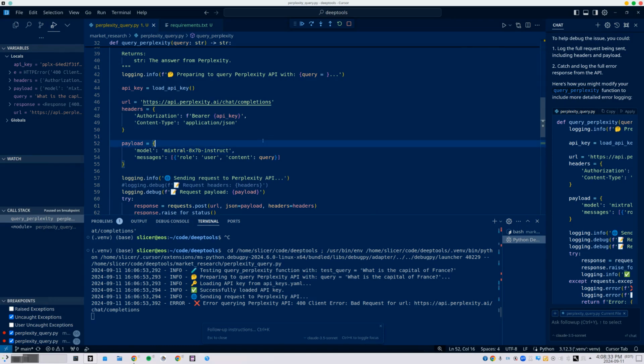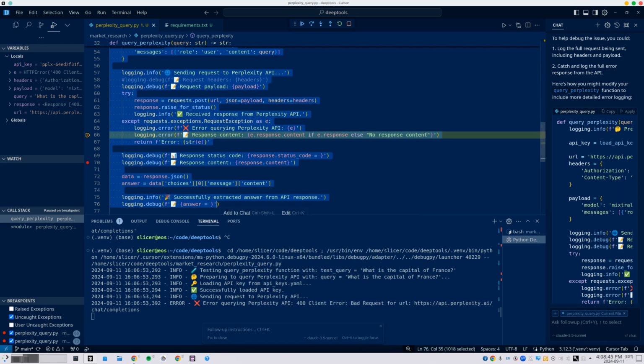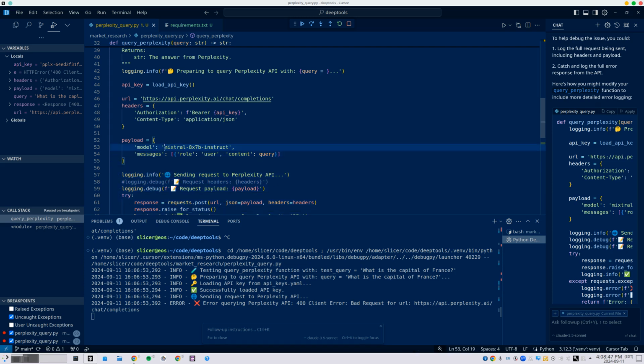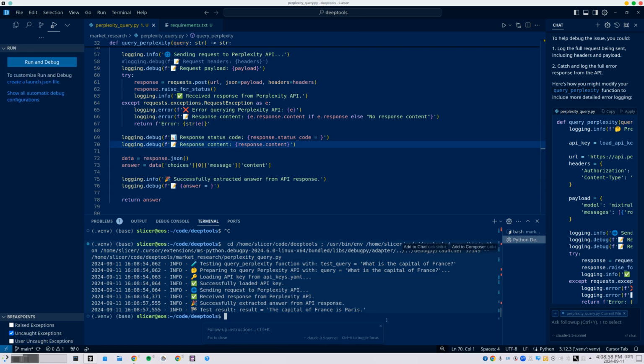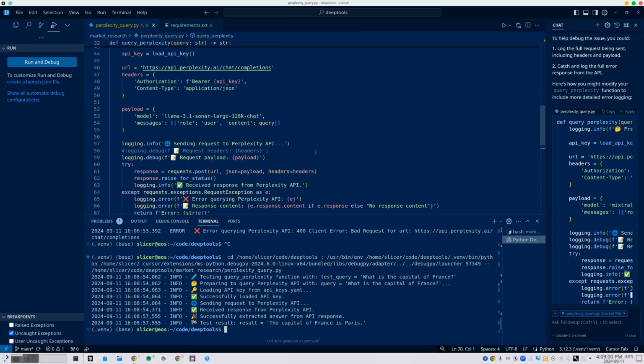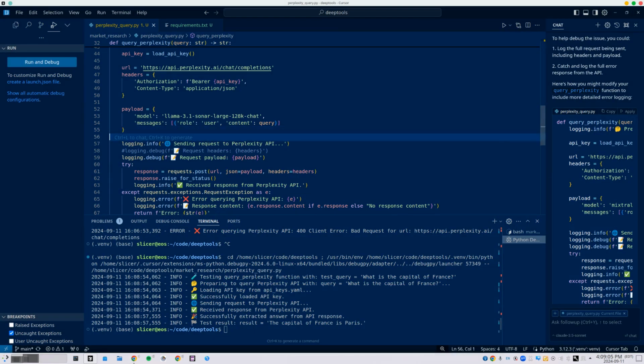Actually, we should say Control I, load the model from the YAML file. That's fine. Actually, for now, I just want to get this working and then we'll do that. Okay. Rerun this. Okay, we've gotten further than last time. The capital of France is Paris. Nice. Okay. So, what we need to do now is